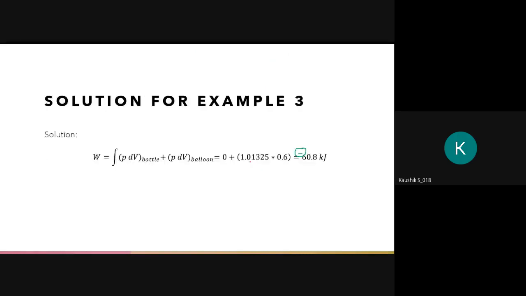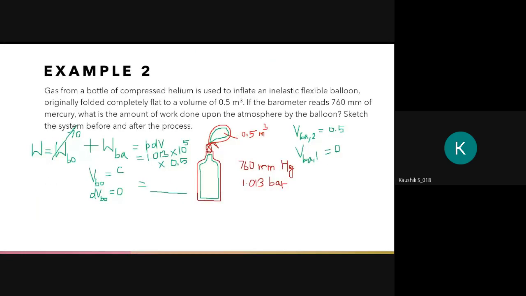There we considered the system as the cylinder with the bottle as the system and not as the air. See, even in this particular example, they have not mentioned the volume of the bottle, correct? Yes, sir. Okay, the initial volume of the bottle is also 5 meter cube, for example. As the gas moves from here, from 5 meter cube of air, only 0.5 meter cube of air has filled the balloon.